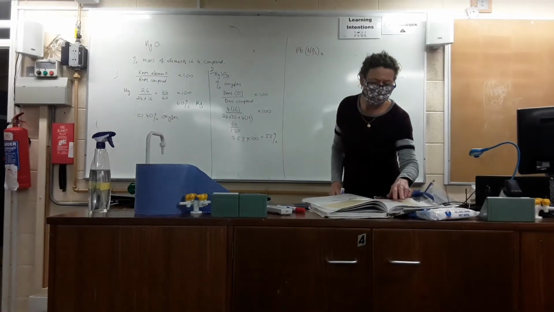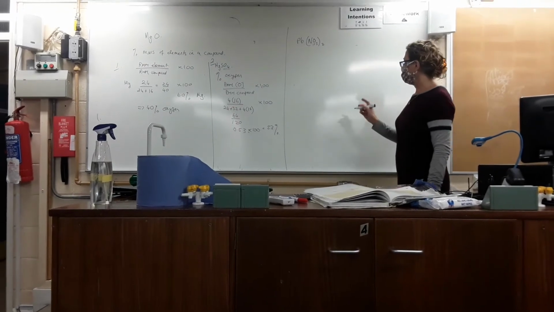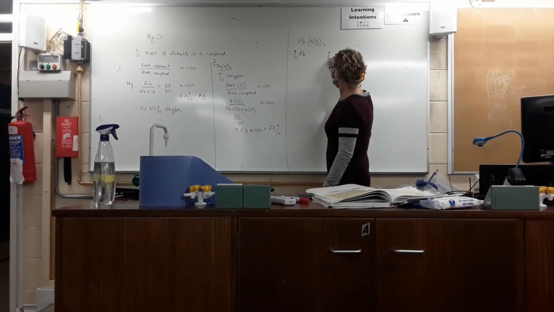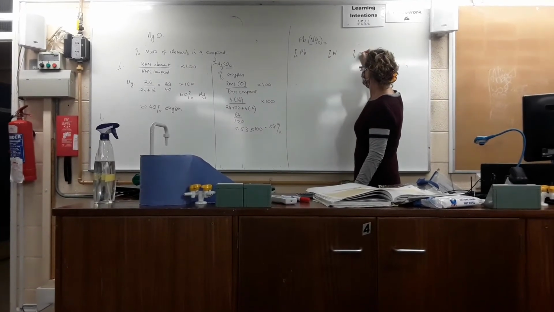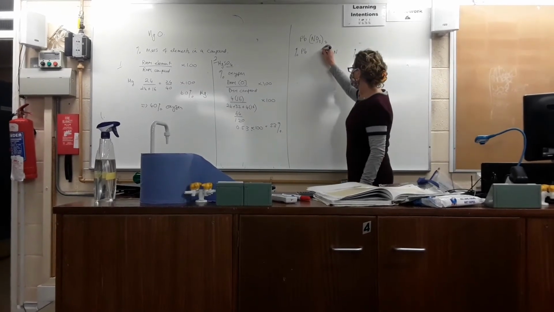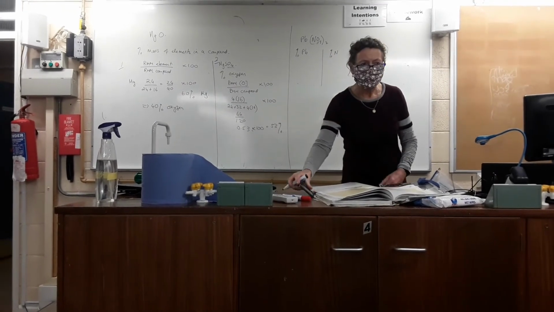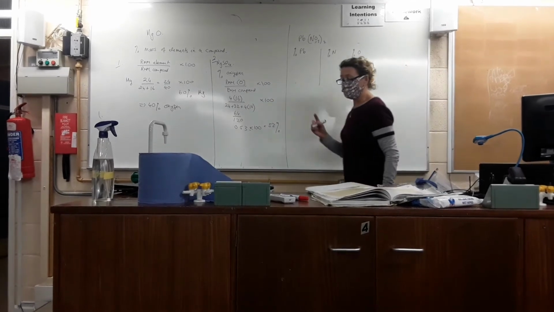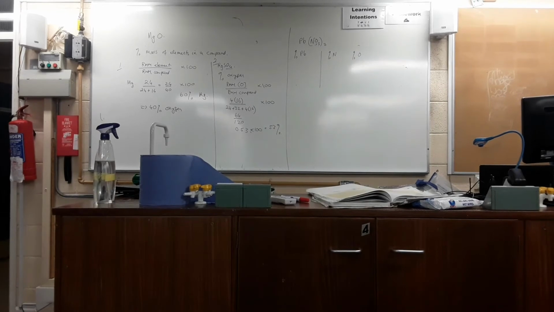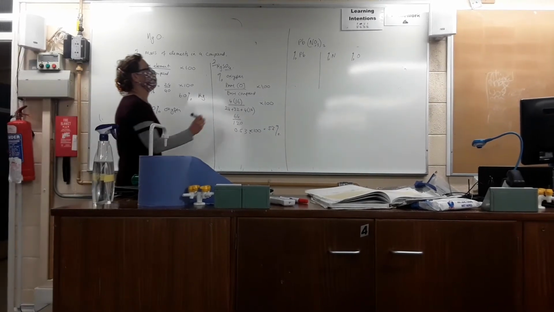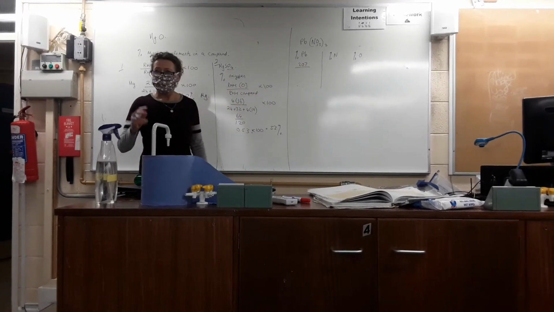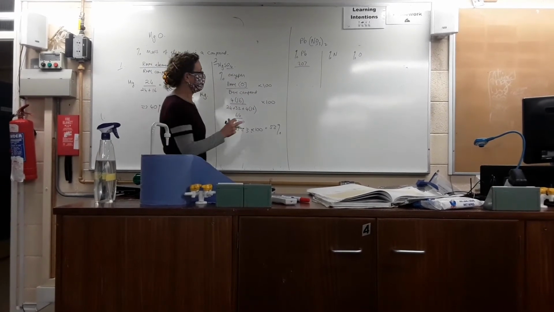Right, we're going to find the percentage of lead, the percentage nitrogen, and the percentage of oxygen. We're going to do the 3 of them this time. Okay? Right then, so let's find the percentage lead. To get percentage lead, remember, you take the relative mass of lead, which in this case is 207. So I'm going to take 207 and divide that by the relative molecular mass of the whole thing, which